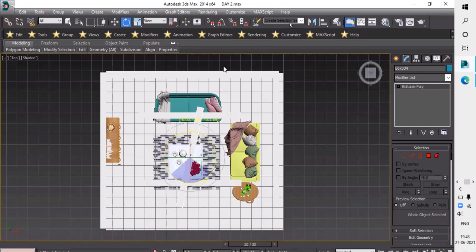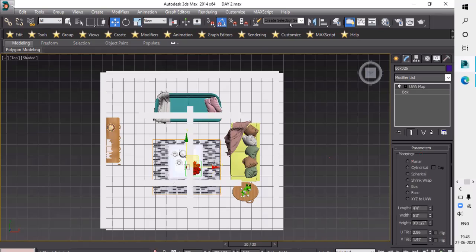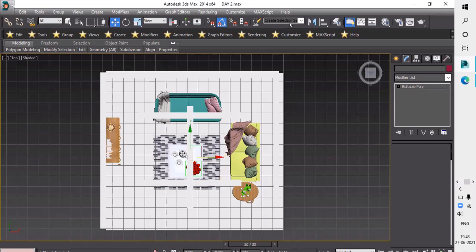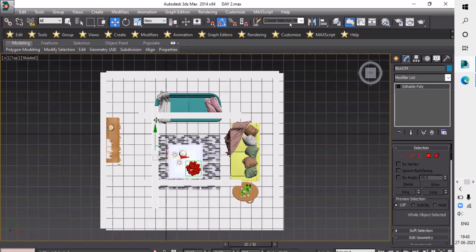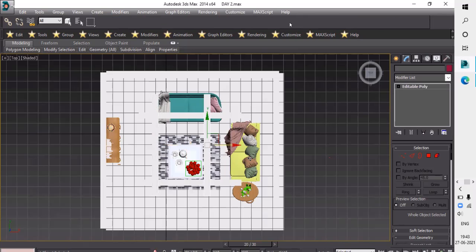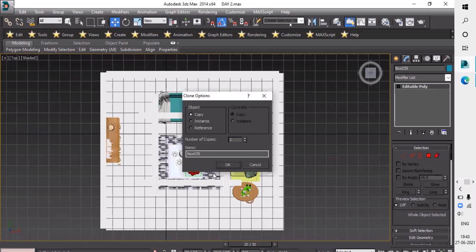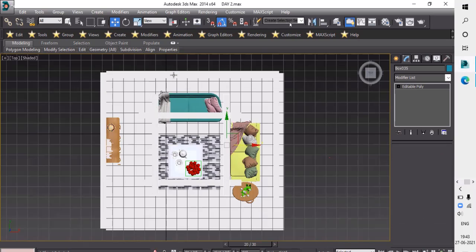Turn on your snap and rotate by 90 degrees. Press W and place it. Okay. Press Shift and copy this object also. It will be like that.